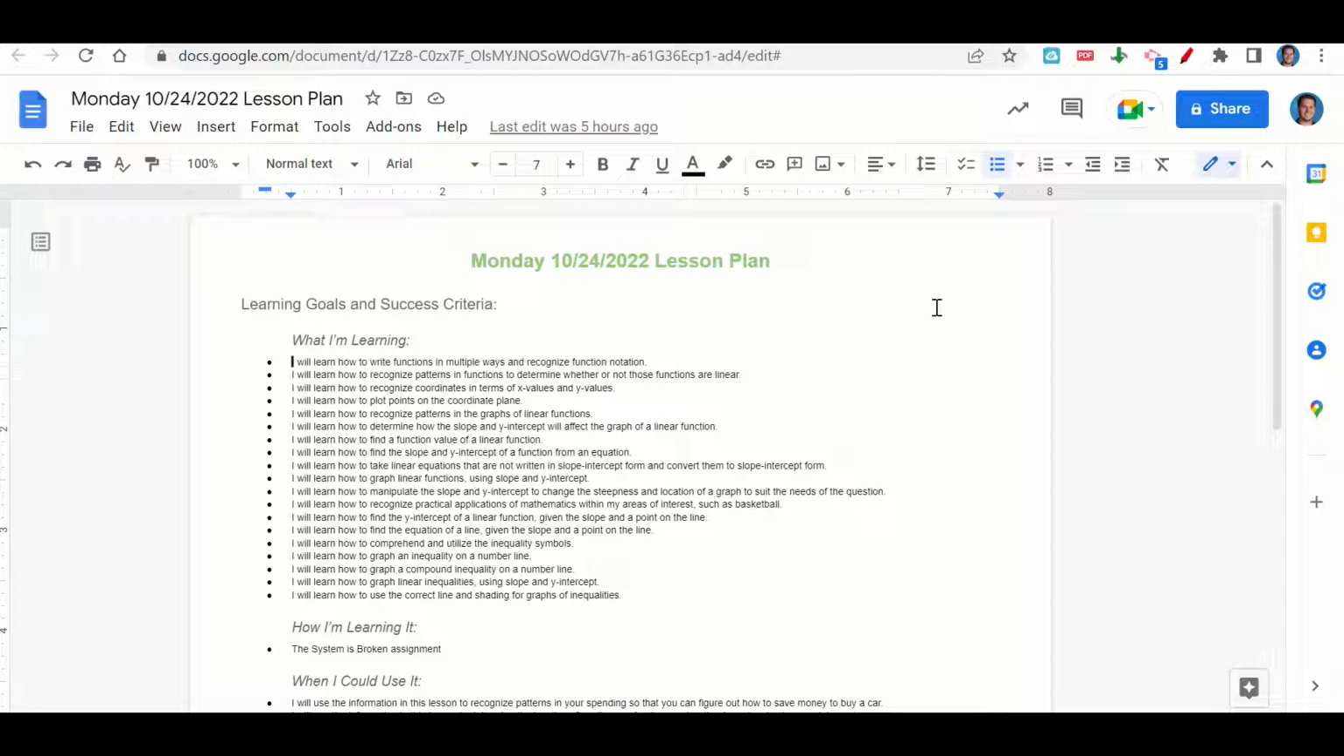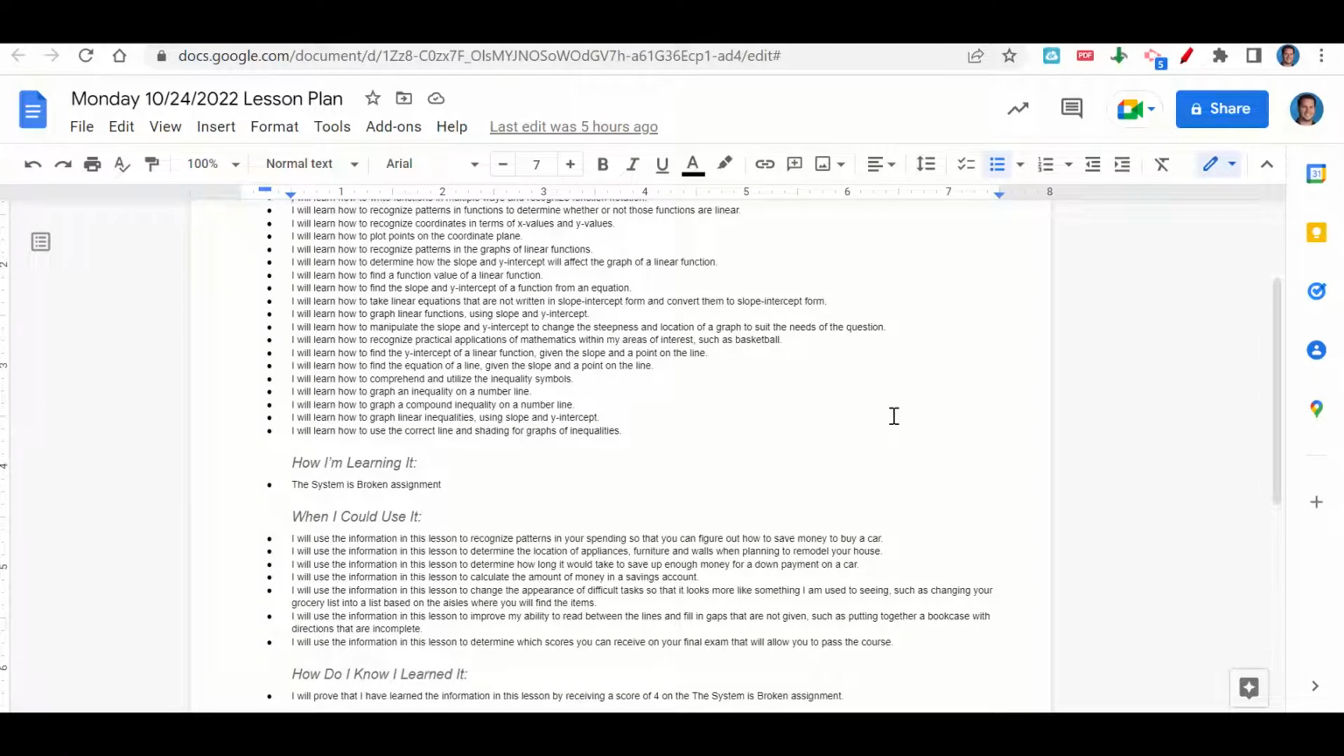How are we learning it? Through the System is Broken assignment. When can we use this information? To recognize patterns in your spending so that you can figure out how to save enough money to buy a car, to determine the location of appliances, furniture, and walls when planning to remodel your house, to determine how long